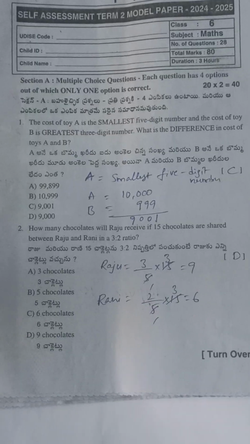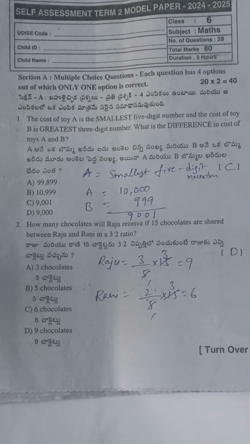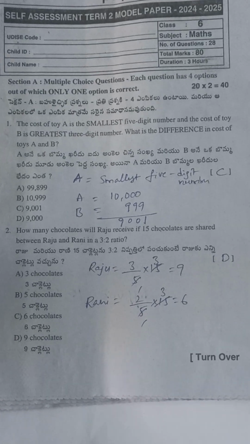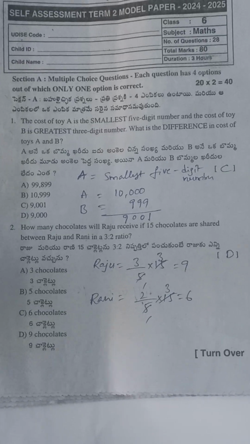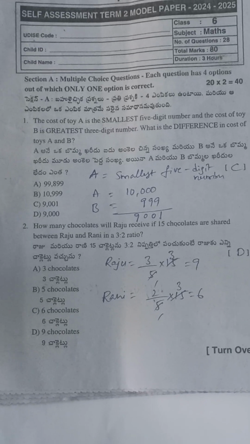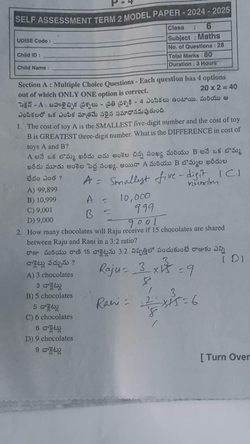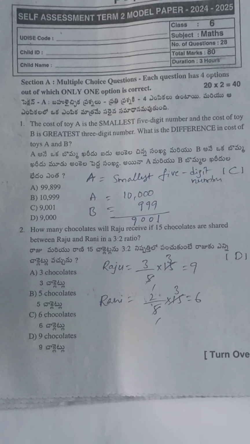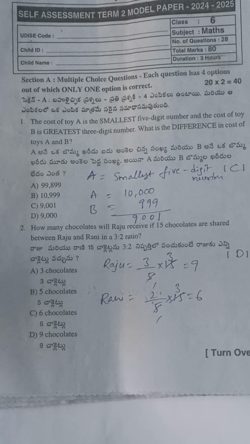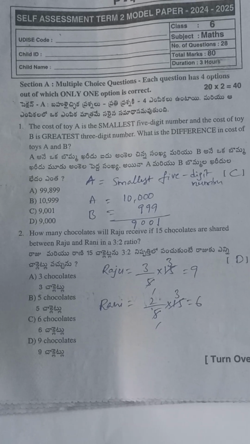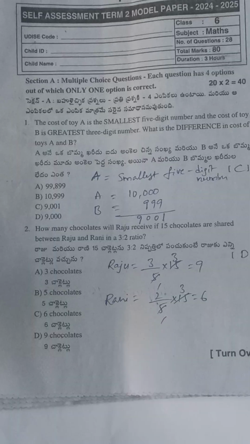Okay, the cost of toy A is the smallest 5-digit number and the cost of toy B is the greatest 3-digit number. What is the difference in cost of toys A and B? So the smallest 5-digit number is 10,000, the greatest 3-digit number is 999. So the difference is how much? 9,001. Next, how many chocolates will Raju receive if 15 chocolates are served between Raju and Ravi in a 3:2